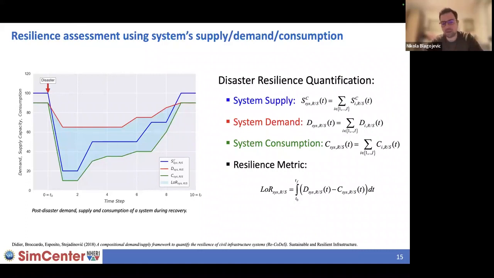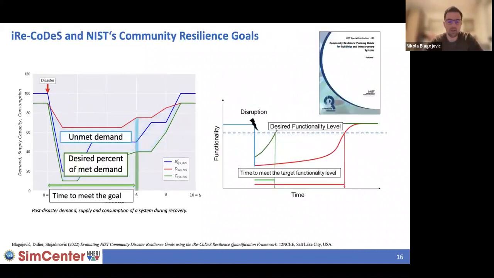Apart from using this integrated unmet demand, we can also use the same concepts to link the iRe-CoDeS resilience assessment with the NHERI community resilience goals, which say that if you have a community, you need to define these goals, and the format of these goals is you need to achieve a certain functionality level of a certain system, let's say building stock or educational systems, within a certain time following the event.